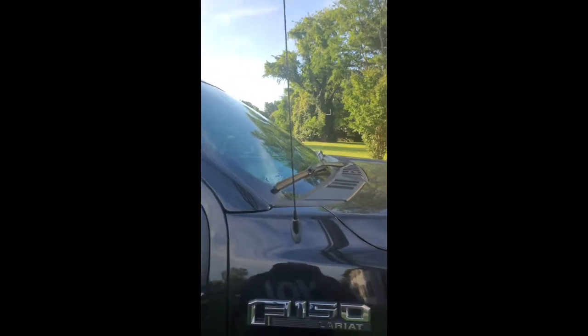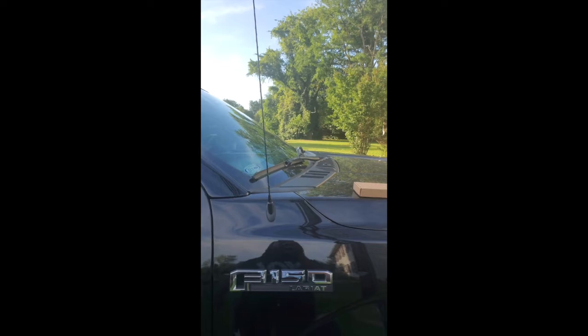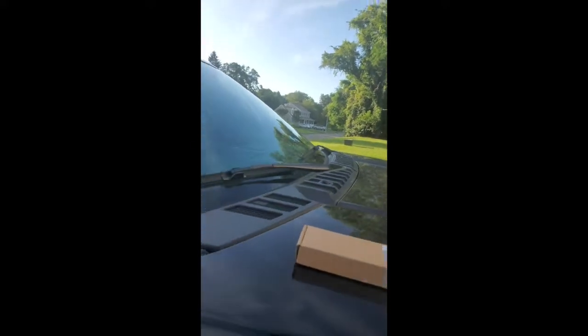Hey guys, just wanted to do a quick video on changing out my Ford F150 32-inch antenna. Got this, ride in there, short antenna. So it's a real quick install. Just wanted to do it so